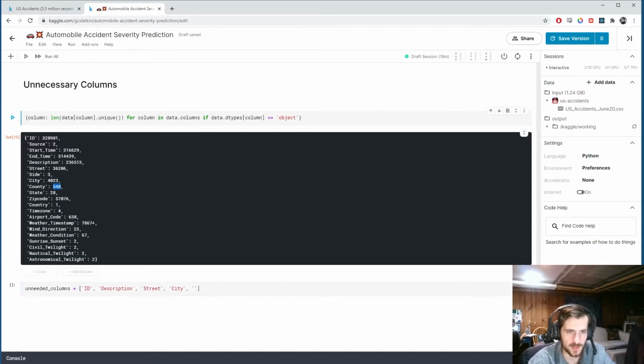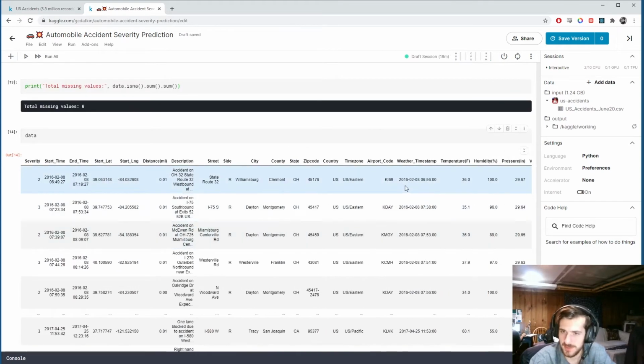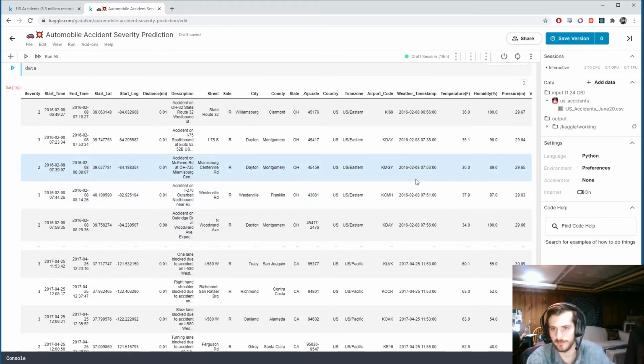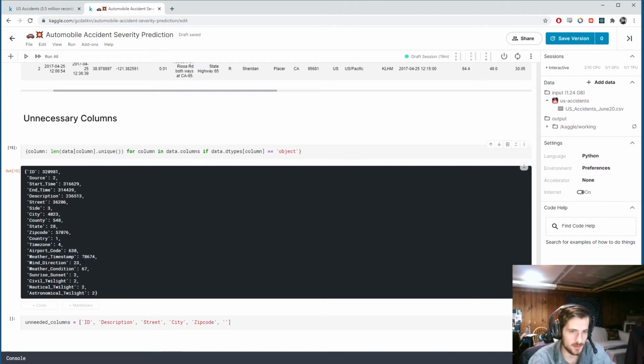County will keep, that's only 548. 28 states, that's fine. Zip code we're going to drop, so there's just too many. Weather timestamp. Now we're not going to drop this because this is another date and time feature. And airport code is fine. Wind direction, that's fine. These all look pretty good now. Like, this is a reasonable amount of features to add. So pretty much anything with over 1,000 new unique values I dropped,